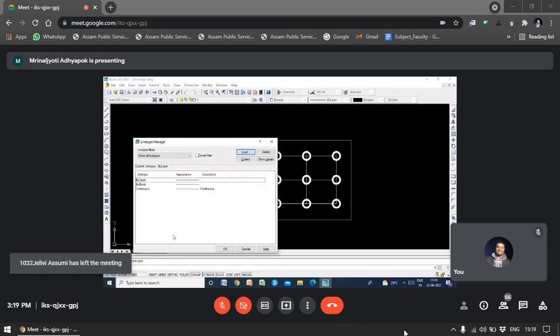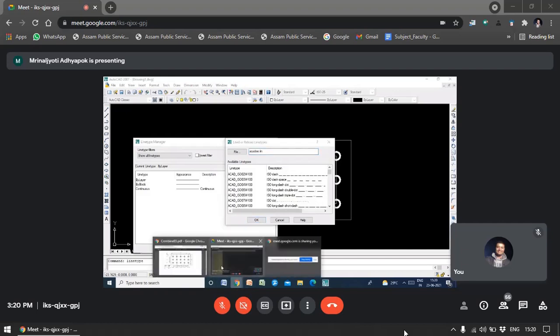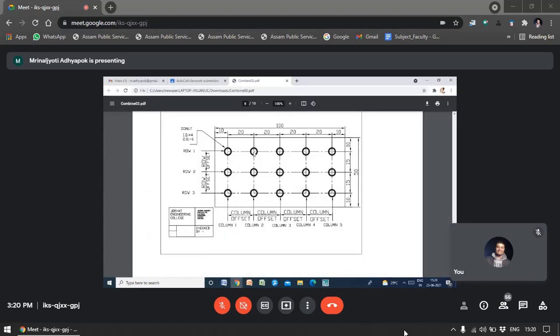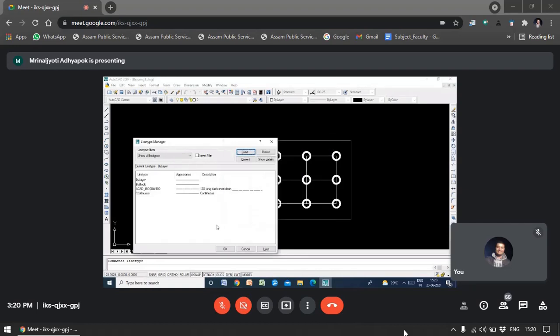LINETYPE. So this type of screen will pop up. Then they will find this dotted option in here only. But those who are using the 2007 version, they will have to simply go to this load option. Then select the dotted line. Which type of line is in here? See here, straight line, then small, like this. I think it is like this one. So simply select this one. Okay, press okay. So now you can see this line has come in here.